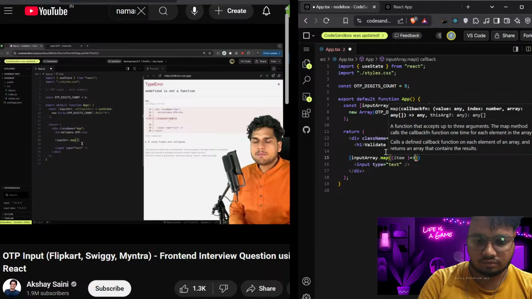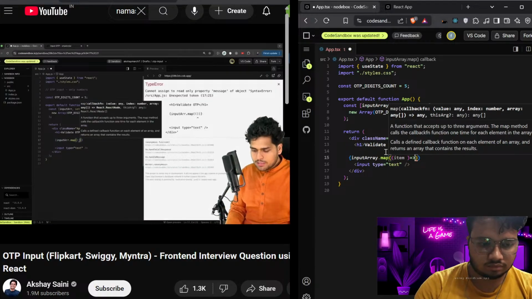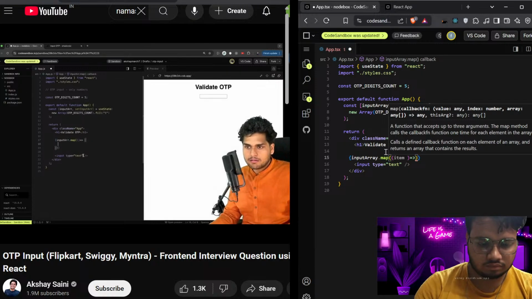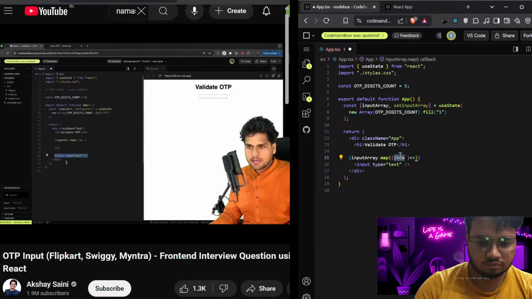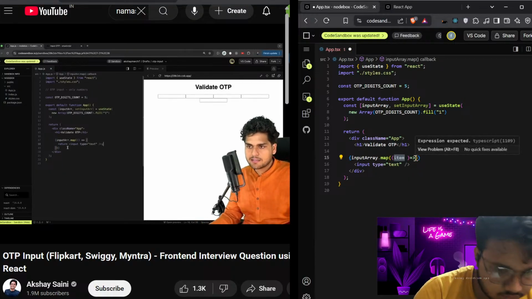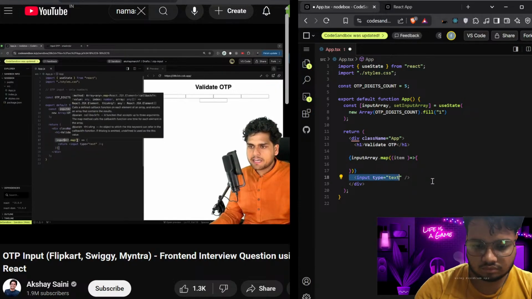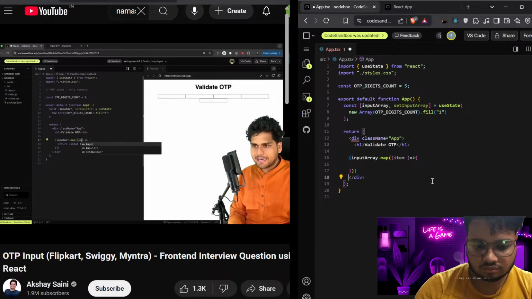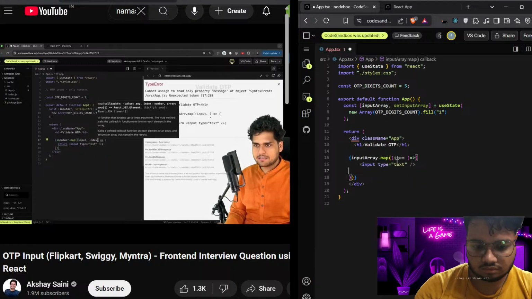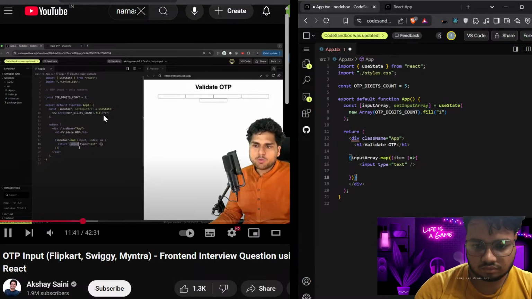Okay, so now I am mapping through this input array, and I will render these input boxes. So I can just grab it and I can just return some piece of JSX. This is the input box, right? So I can return this piece of JSX, and I can say map, and inside the map here I can say input, and this can be index, right? So the first value is each input, and then the second is index. Now over here, whenever you map all